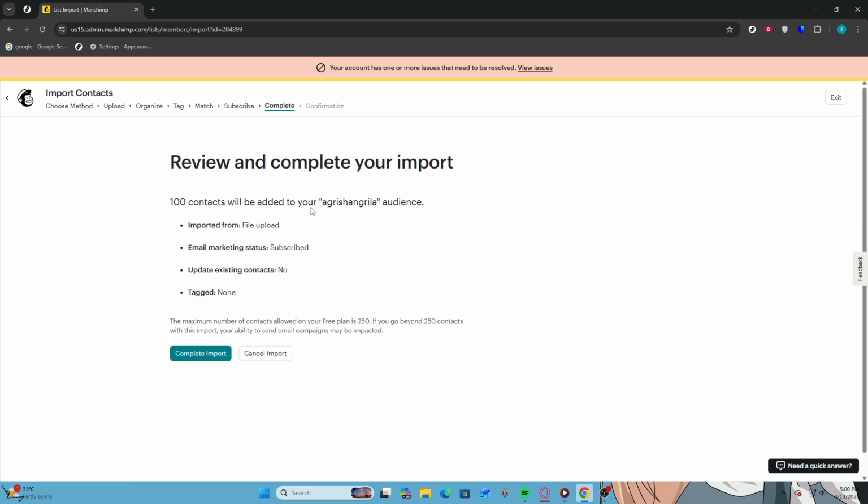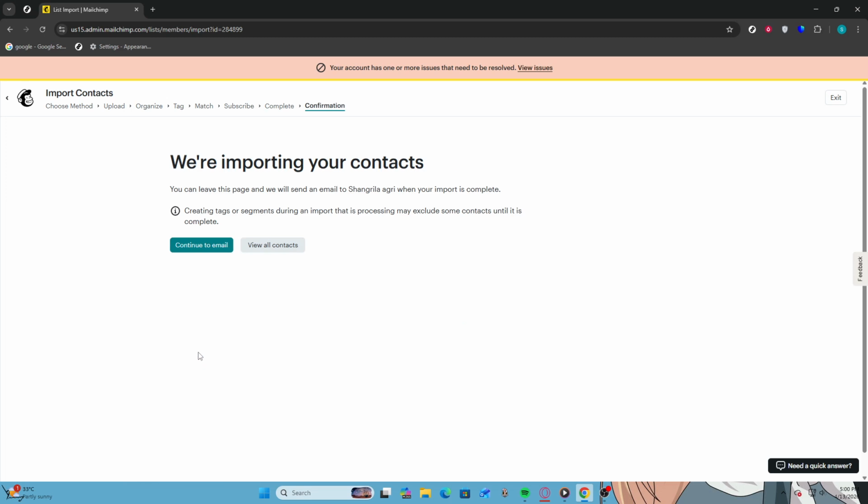Once you have finalized the import, click on Complete Import to ensure that all changes are saved and that your contacts are now part of your audience. This step is crucial for ensuring that your email list is up to date and ready for future